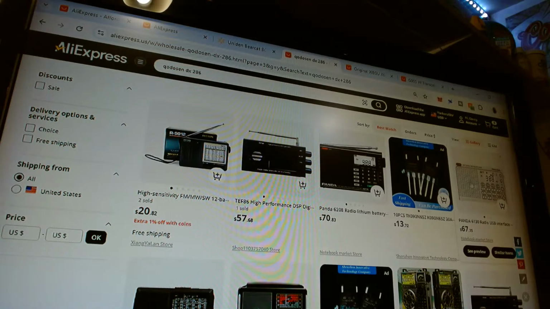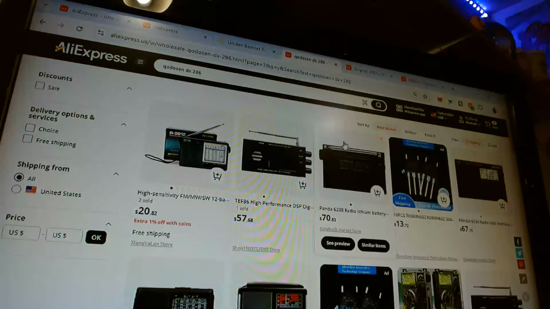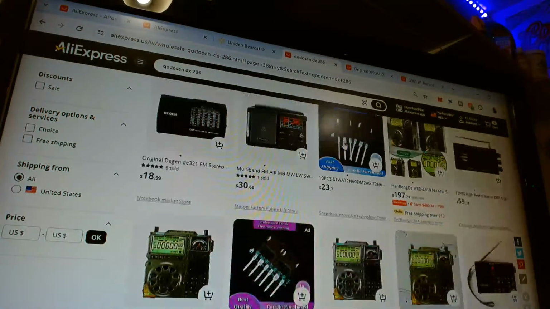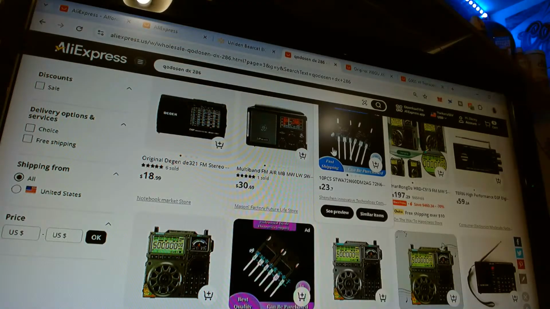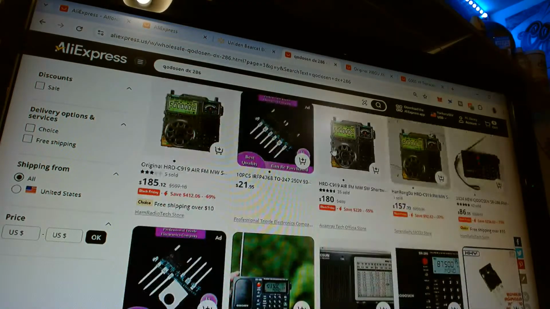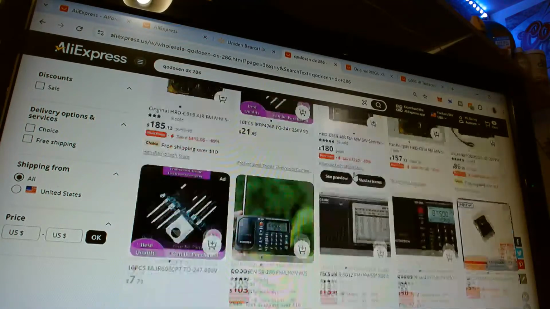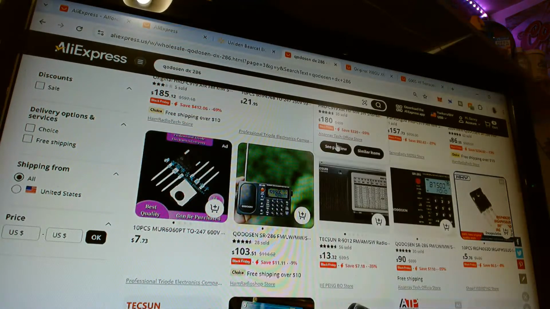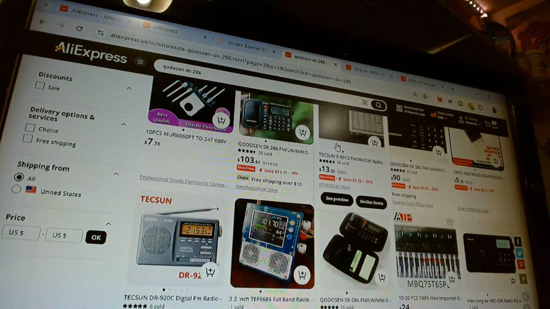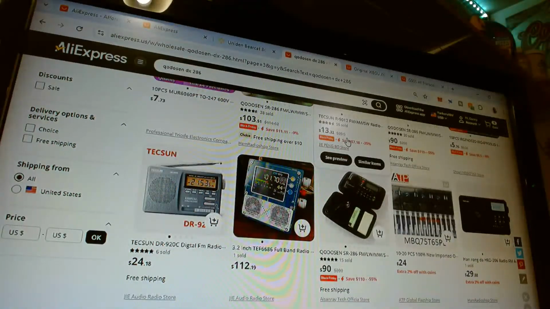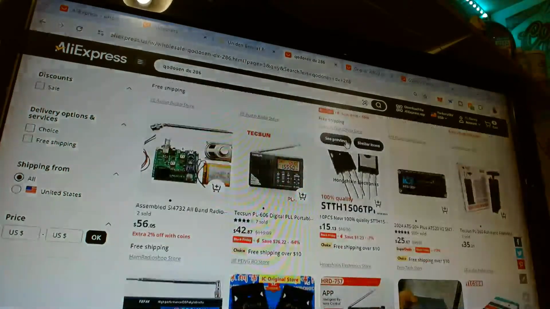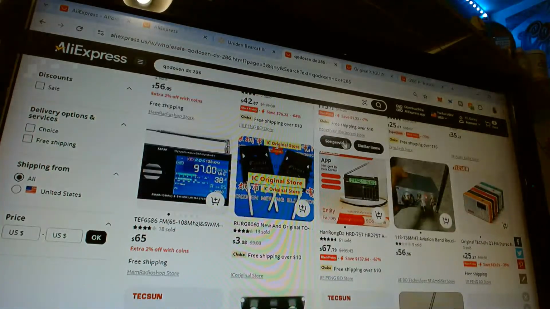I don't know if it's a good radio or not. I definitely don't want to find out unless Panda wants to send me one. It looks like rebranded radios, Panda. Anything here that sticks out? I think that's pretty much it for these radios.